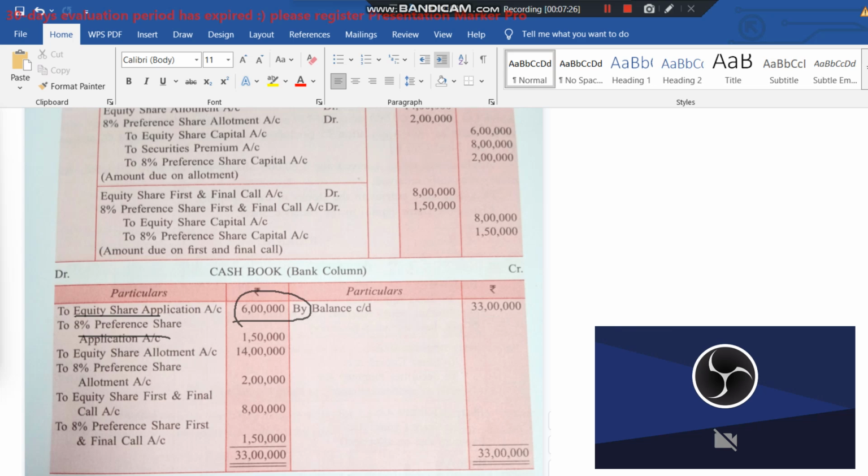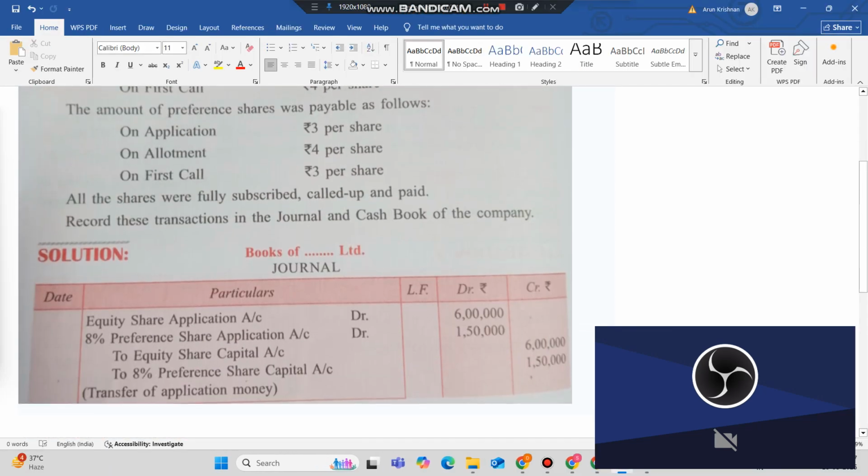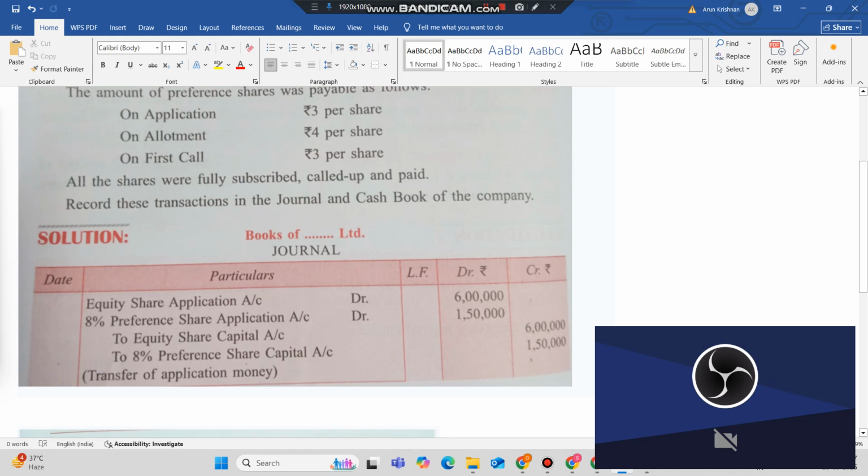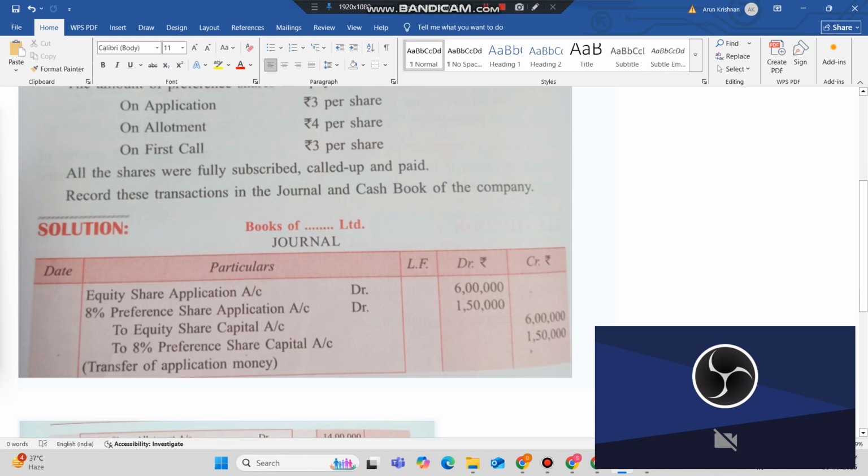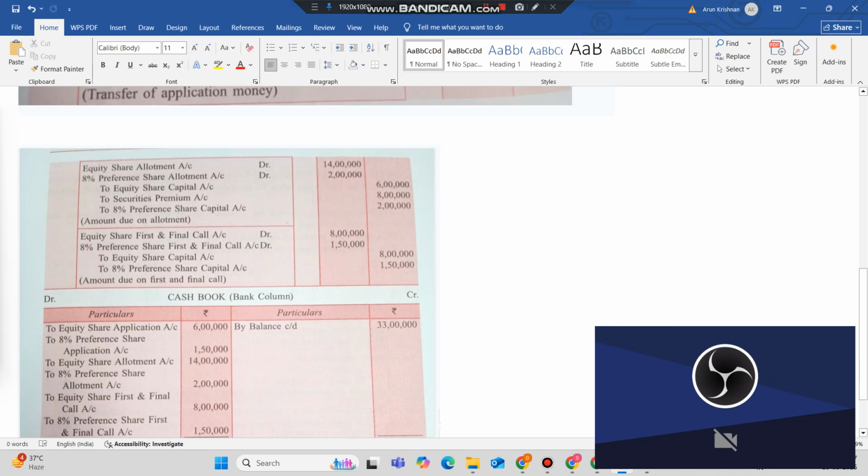And next is 8% preference share application, which is 1 lakh and 50,000. Where did you get this amount? This is from the first journal. See, 6 lakh and 1 lakh and 50,000. This is for the application due amount. And the next is the allotment amount, allotment due on